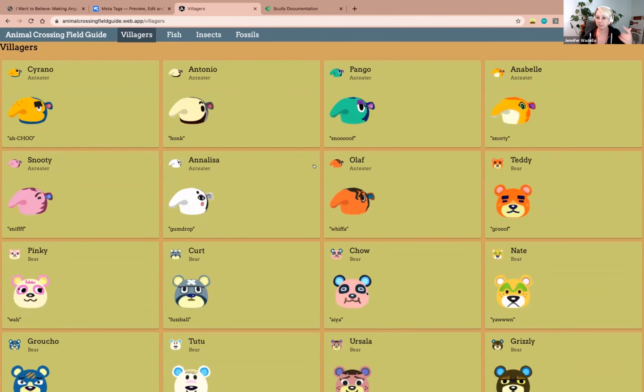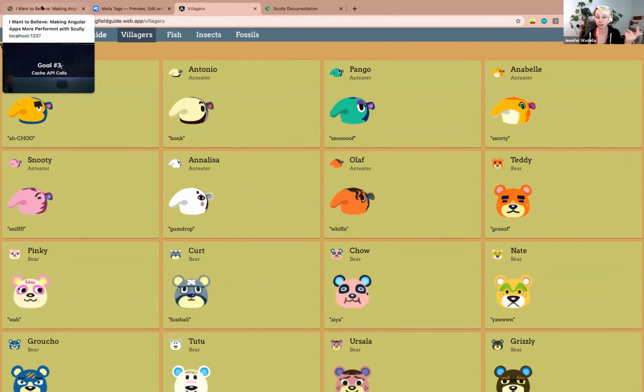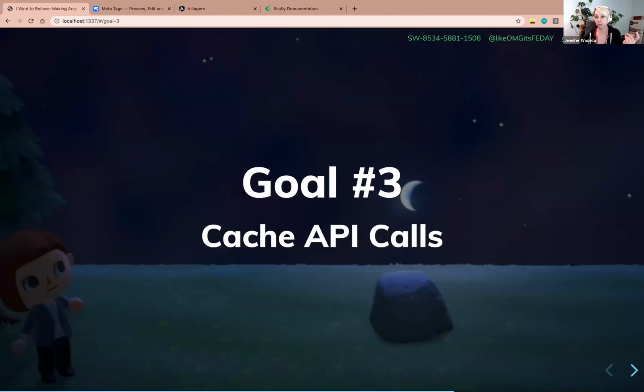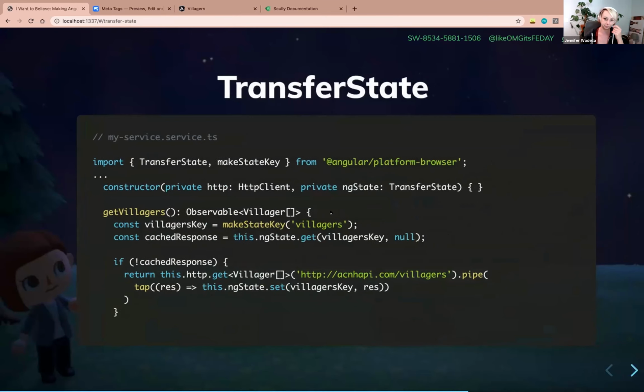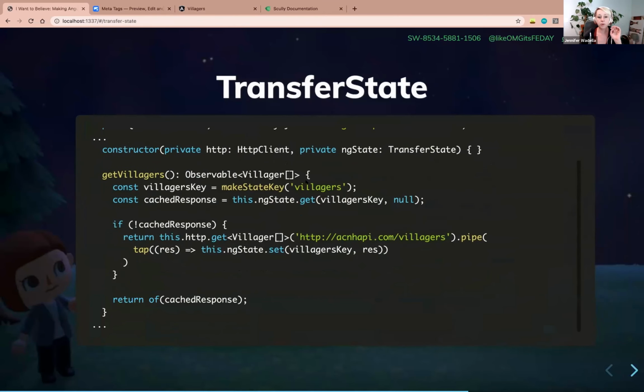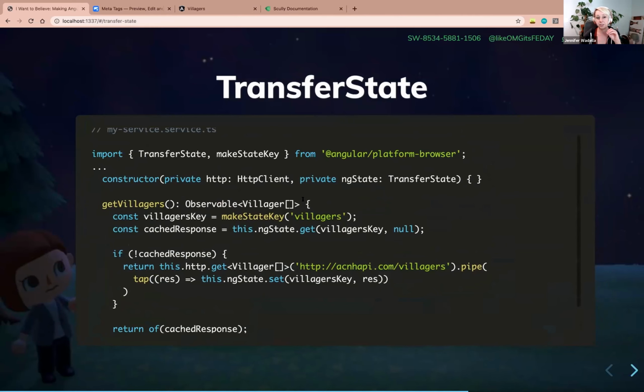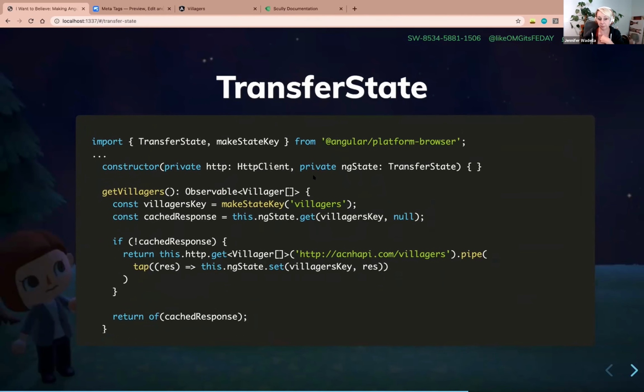And so I don't necessarily need to be hitting this API call every time. And so one of the things we can do is we can look at caching this call so a user doesn't have to wait on that response every time, and maybe we're saving ourselves a little bit of money in the process. So for this, we can use something called Scully transfer state. So Angular already offers something to do this called transfer state, but in my opinion, it's a little bit verbose. So I just have to do a lot of management of this on my own, versus Scully makes it very easy to use, in my opinion.